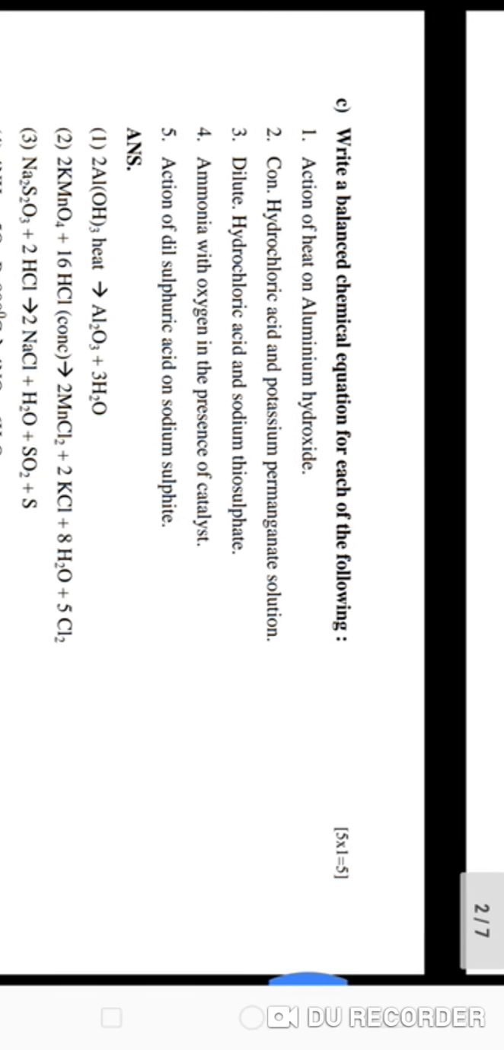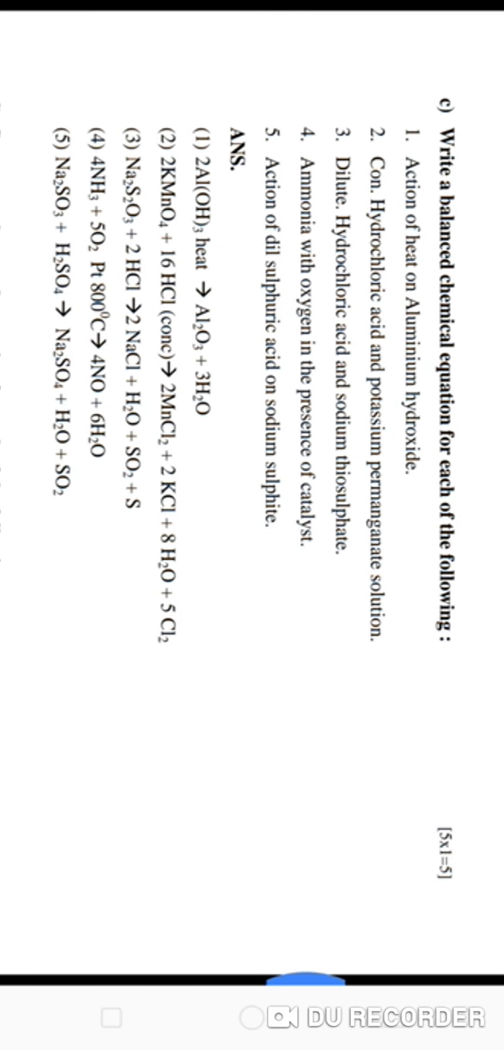Mixture of 1 part of concentrated nitric acid and 3 parts of concentrated HCl is known as aqua regia. Gas produced by action of concentrated sulfuric acid on sodium chloride is hydrogen chloride. Next question is the balancing of equations. Action of heat on aluminum hydroxide, concentrated sulfuric acid and potassium permanganate,